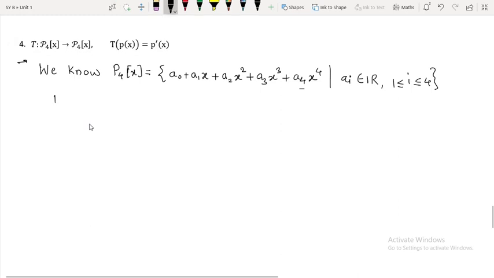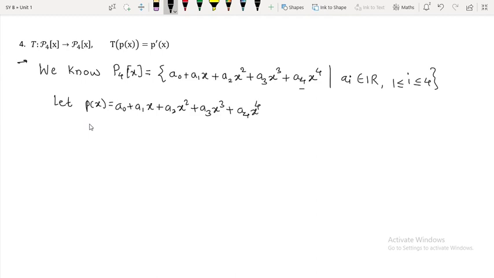Let p of x be equal to a0 plus a1x plus a2x square plus a3x cube plus a4x raised to 4. Therefore, what is my T actually? T of a0 plus a1x plus a2x square plus a3x cube plus a4x raised to 4 is equal to,